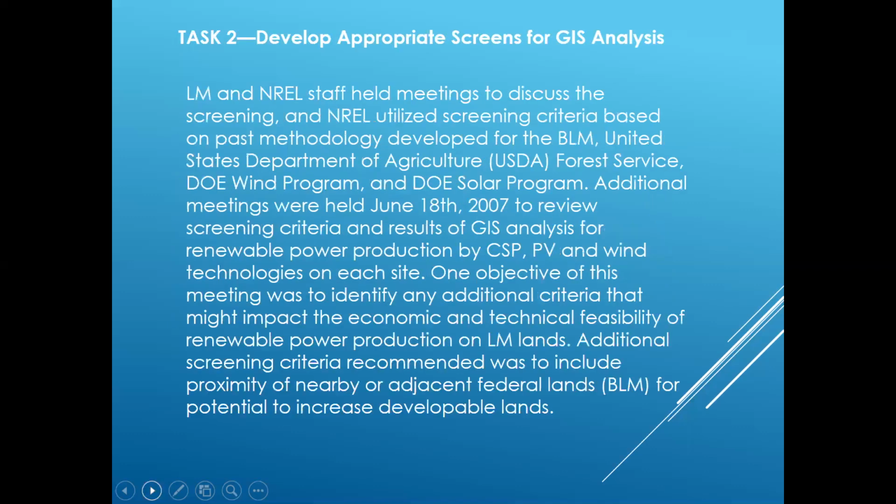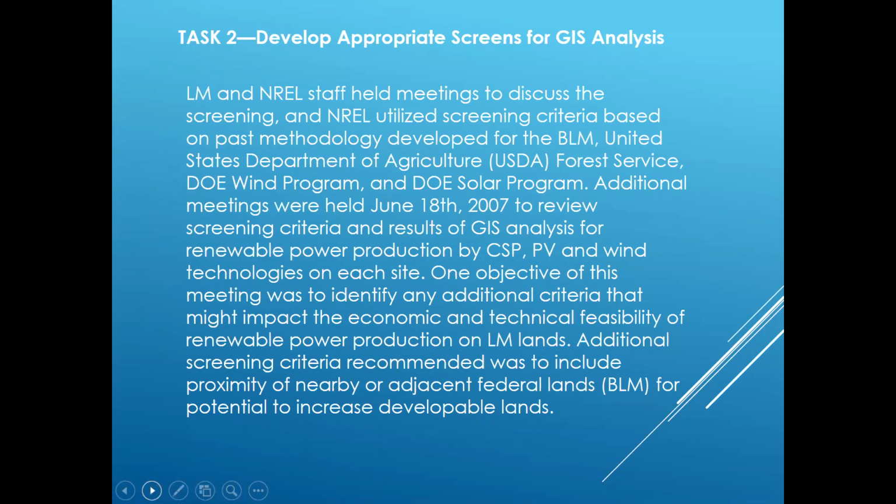So coming to the next one, these are the ones we are dealing with for wind and all the things. Here is task 2. What is task 2? For assessing the criteria or the potential of RES, develop appropriate screens for GIS analysis. What is meant by GIS analysis is the task for you tomorrow to get back to us. This is also a basic assignment. If I say GIS, nobody will open the PDF document. So it is the secret here: GIS will not be told to you. You can see it simply as analysis data, but one standard procedure will be there. Please go to the document so that you get familiar with that.